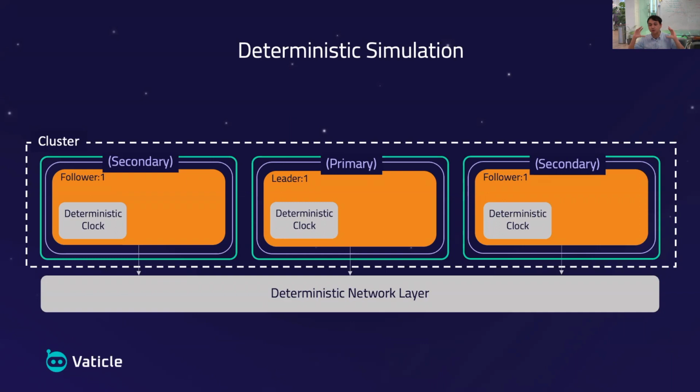So the idea is you just run this framework and you increase the size of the cluster, and you increase the amount of unreliability and randomness in the system, and they're going to perform the events in a completely deterministic way, such that if an issue is reproduced due to some weird interleaving between the messages or the timing for the clock, the next time you run the test, it's going to get completely reproduced.